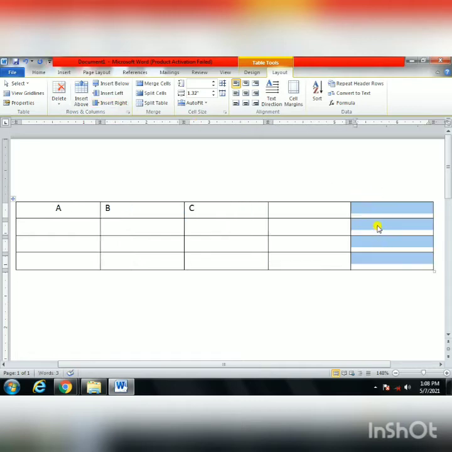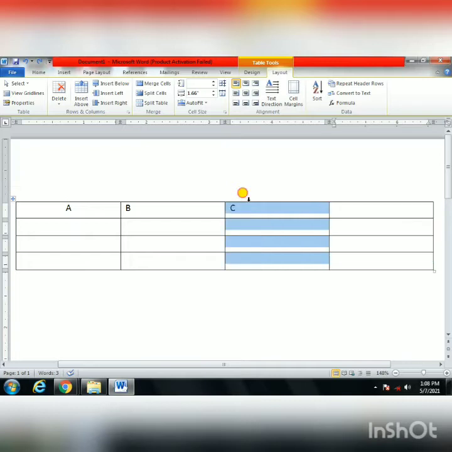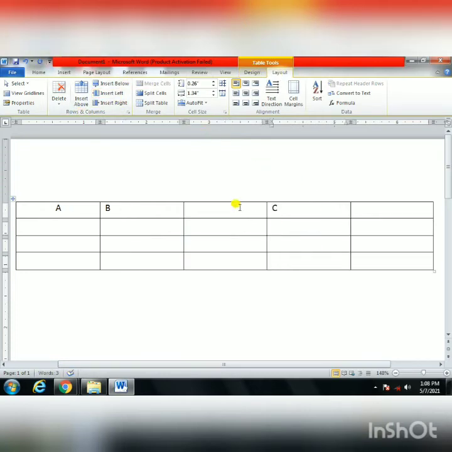Now you can see I clicked 2 times, so 2 came. Now I entered, I added one more column. A, B, C, and if you want to give it a name, you can give it the name D. If you want to keep it in the middle, on the left side, you have to go to Insert Left. See, Insert Left. So it came beside C, between B and C. This is the process to add a column.